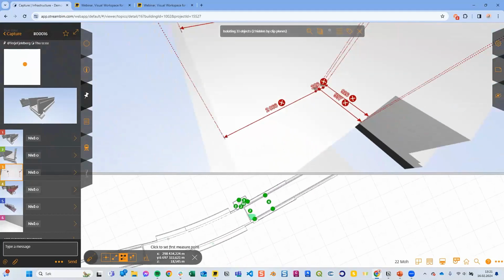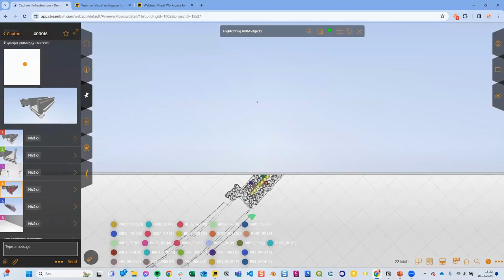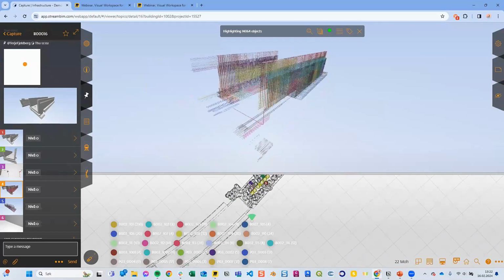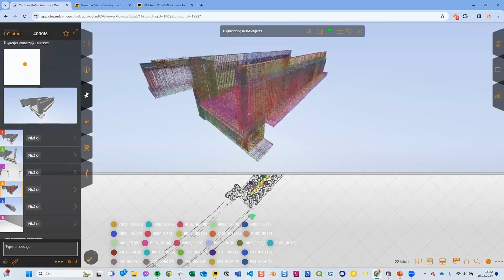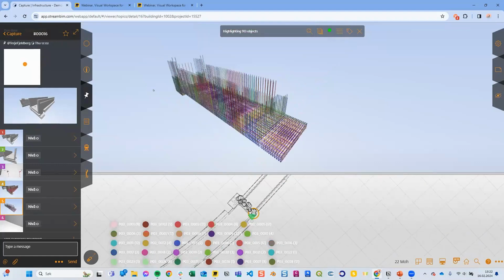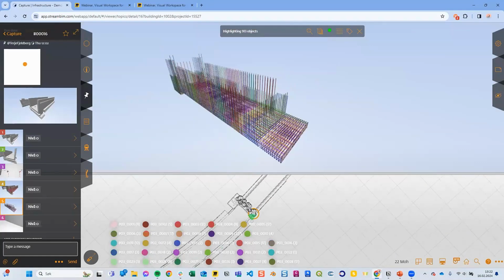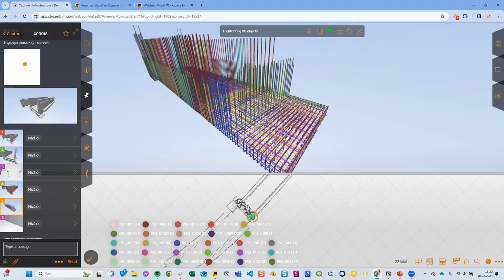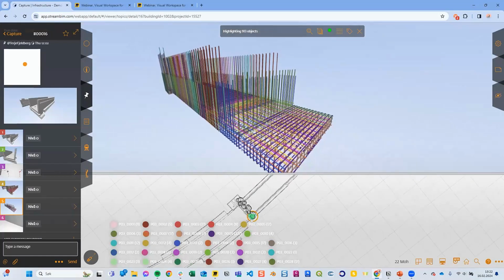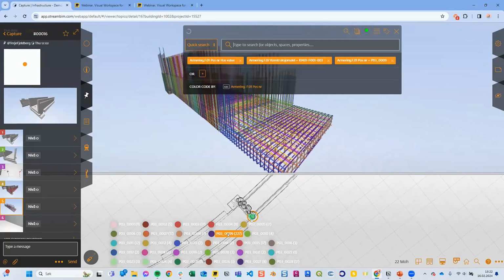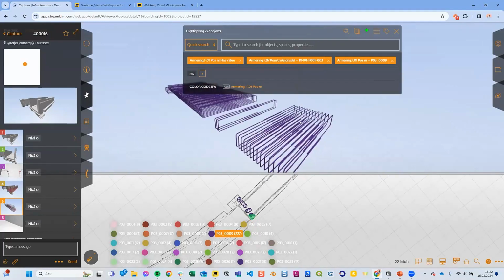You also have the connected rebar model. This is an overview of all the rebars. They have been structured on their position numbers, so you have all the position numbers here. If I jump to the next one, which is the foundation, you see all the position numbers there, and if I click on these, it will highlight those as well.